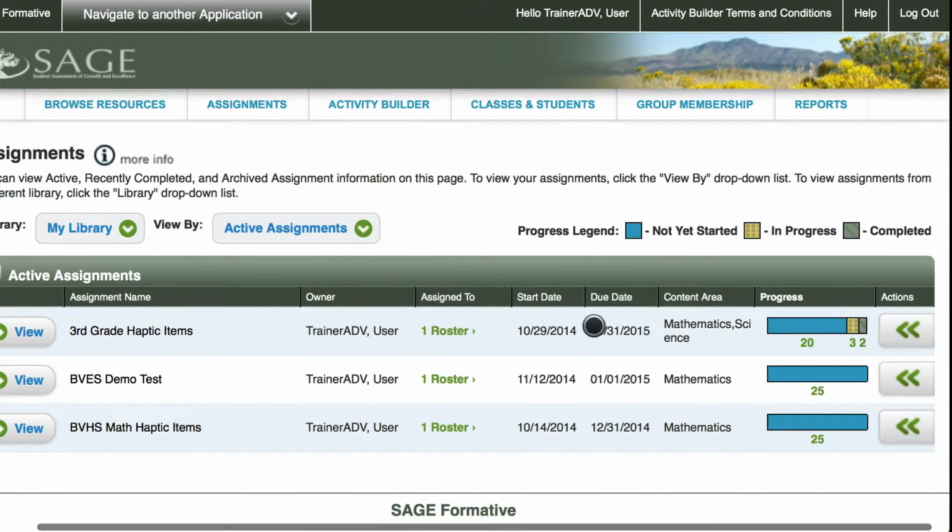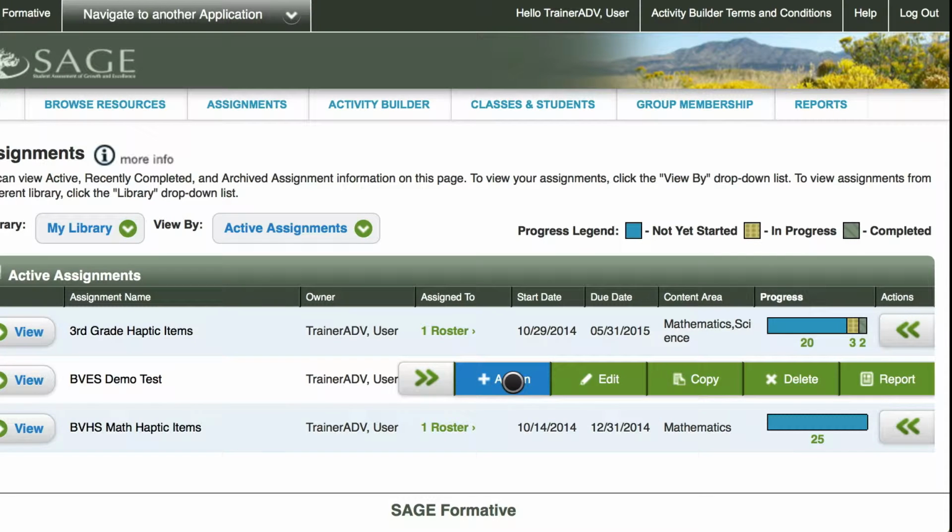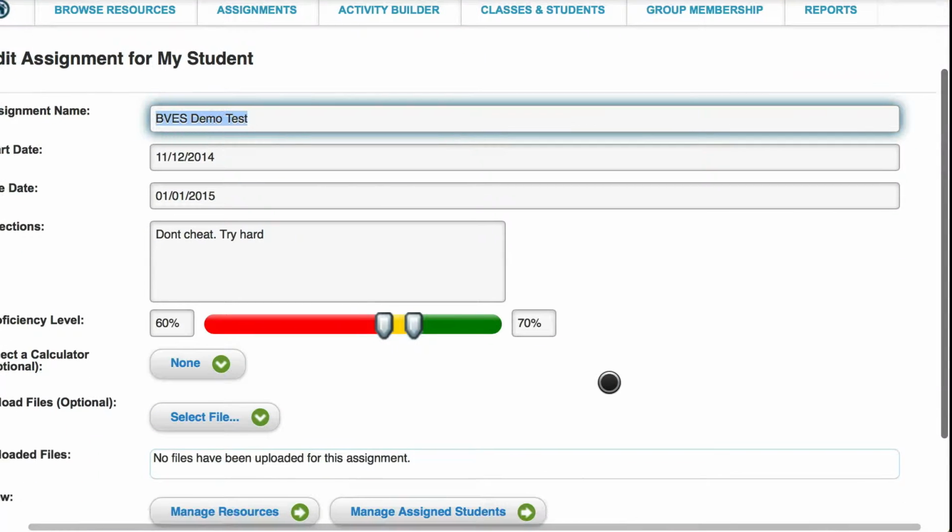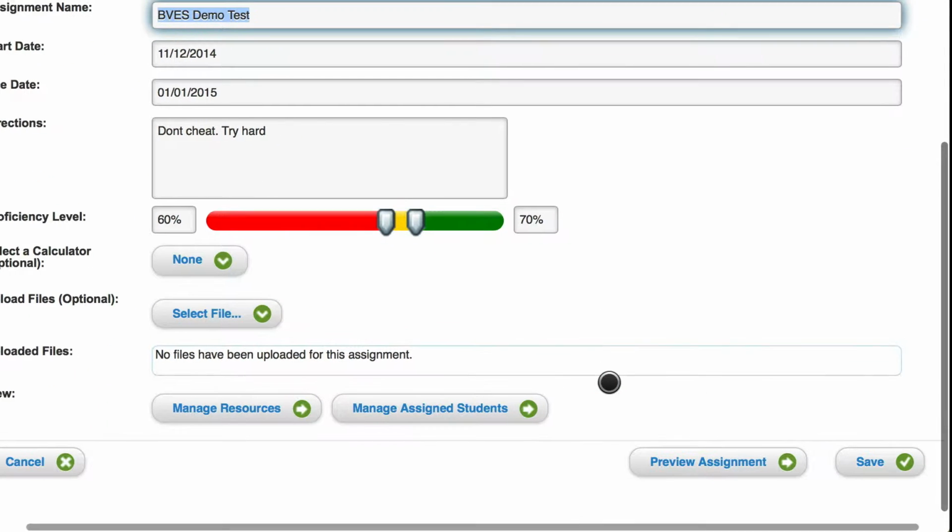with my students. And then we have the Actions menu over here on the right. And if we look at those actions, we have Assign, which will add students or rosters to this assignment. Edit, Copy, Delete, and Report. You'd think Edit would allow you to add questions to a test, but that only takes you back to the